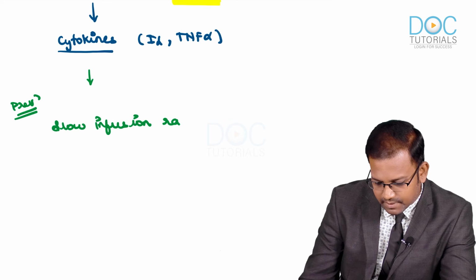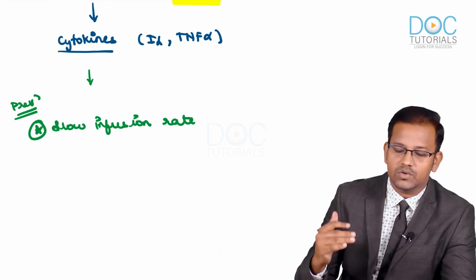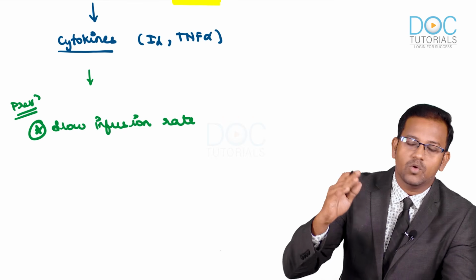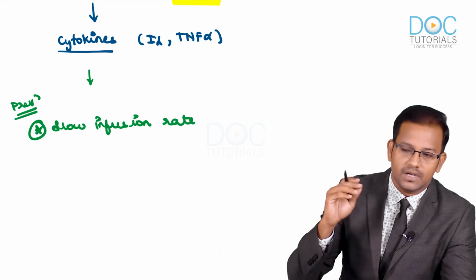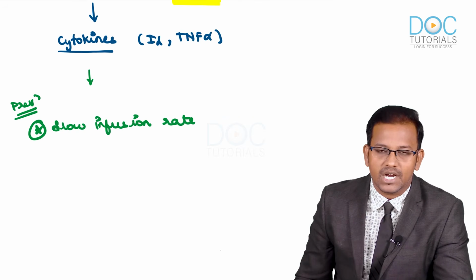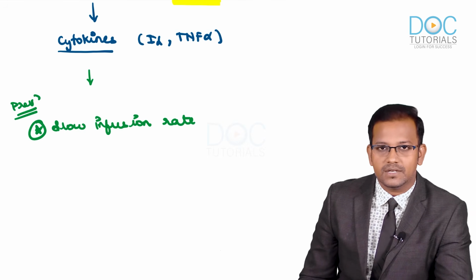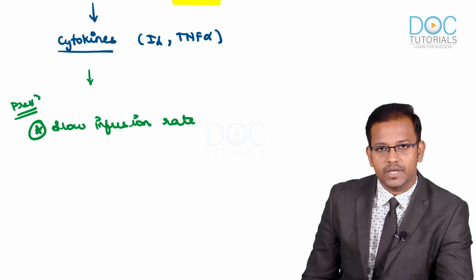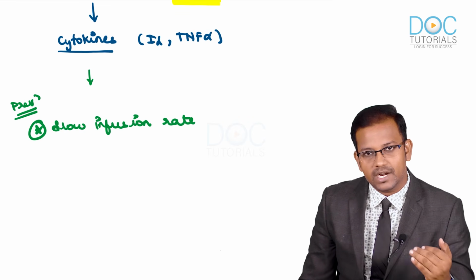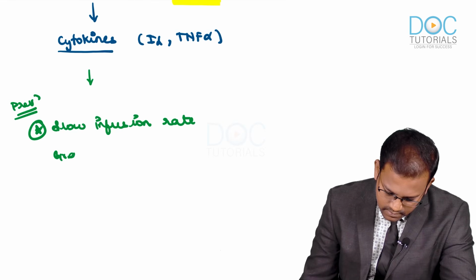The drug shouldn't be administered at higher doses. It has to be started at a slow infusion rate, and the dose escalation must be very slow. How do we administer carbamazepine? We have to start low. Start low, go slow. I hope you remember that. Start low and go slow is the universal principle for administering carbamazepine. A similar concept applies to amphotericin B also. We have to start at low doses, and go slow means the dose escalation must be very gradual.